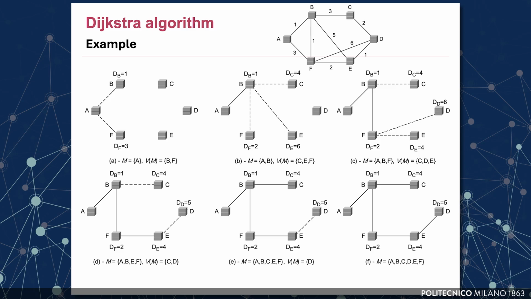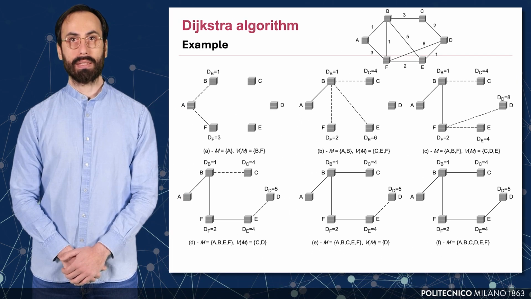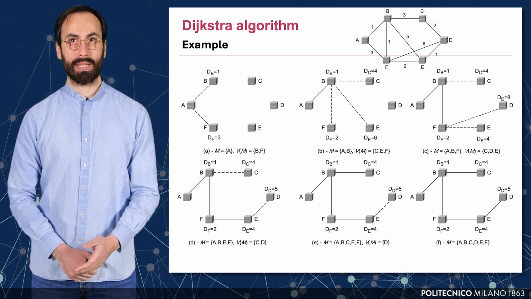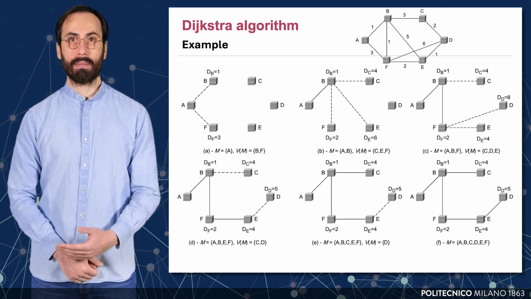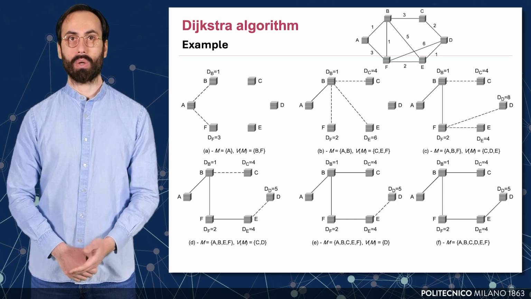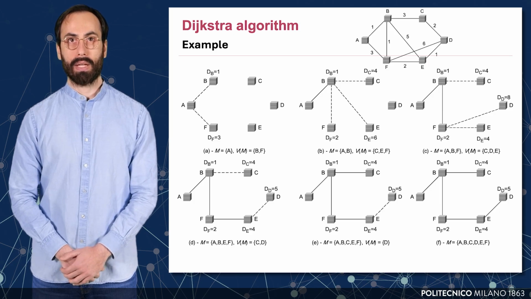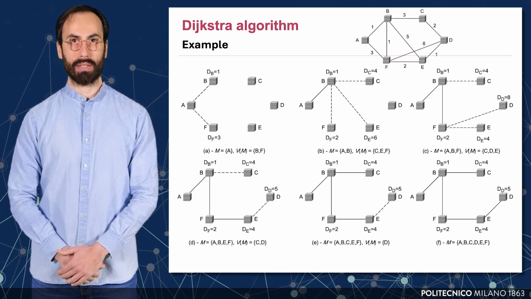In frame B, node B is added next with cost 1, and the tentative distances for C, E, and D are updated through B and F. By frame C, node F is already in M, and now node C is chosen as the next closest with cost 2. The process continues, always choosing the node in the remaining set V with the lowest cost. Dijkstra's greedy nature ensures we always extend along the most efficient link. By the final frame F, all nodes are included in M, and we have computed the shortest paths from A to every other node in the graph.